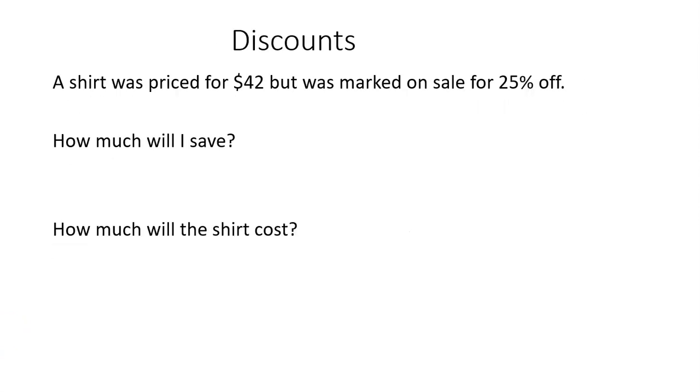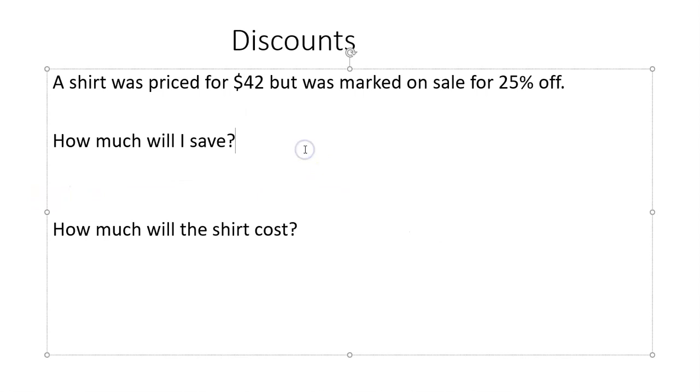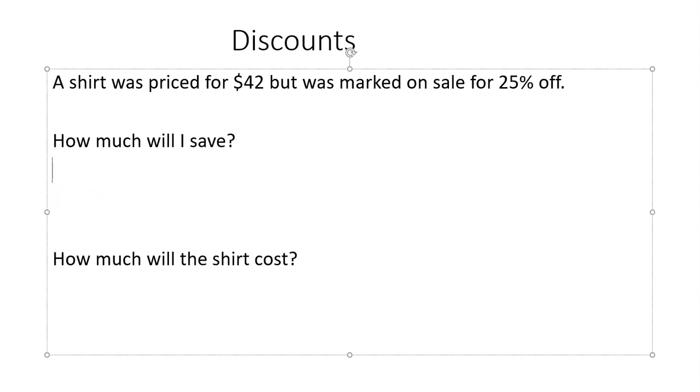Okay, so now let's talk discounts with this method. Shoes were $42, but were on sale for 25% off. I take that 25%, I make it a decimal. Divided by 100, that's 0.25. Times 42, and I get $10.50. Now on this one, instead of adding it, because it's a discount, I'm going to subtract. 42 minus 10.50 gives me